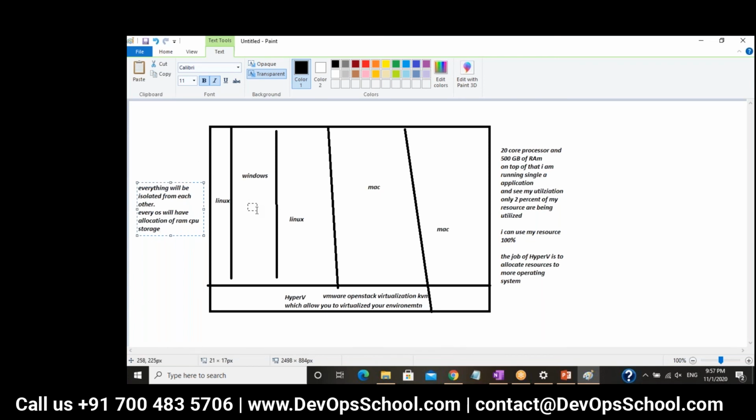And all these are running as guest operating systems. Why are they being called guest OS? The reason behind this is that you cannot run an OS without hardware. An operating system can be deployed on top of hardware, but this Hyper-V makes the OS feel that they are running on top of